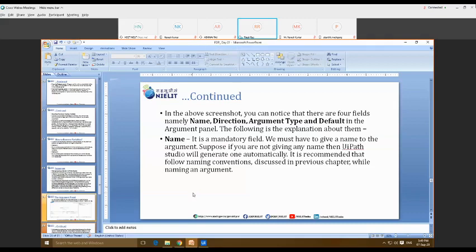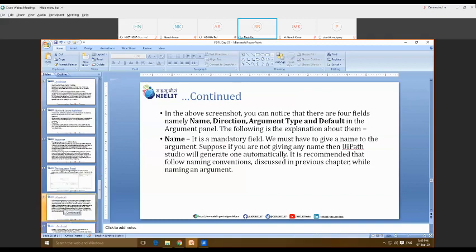It is recommended again that we should follow the naming convention, and that should reflect the activity or the work on which we are working, or you can say it should reflect the automation project on which we are working. This naming convention is similar to the variable that we have already discussed. So again, it cannot start with any number. Your argument cannot start with any number, and it should not have any character apart from underscore. It should not have any space between two different words. So everything regarding this naming is going to be the same as for the variable.